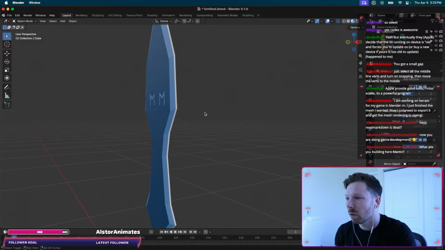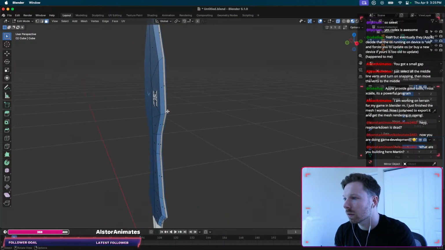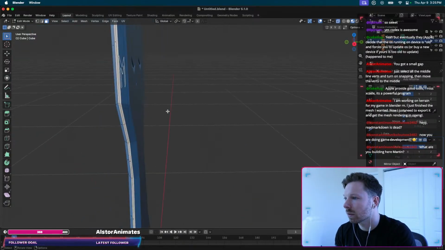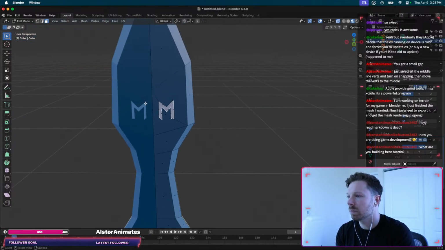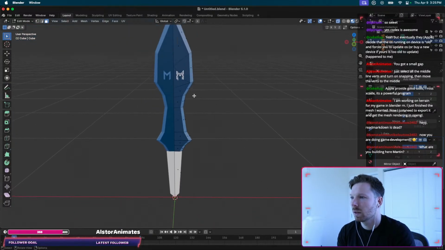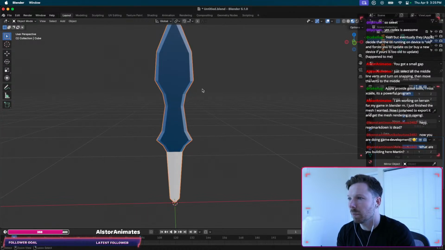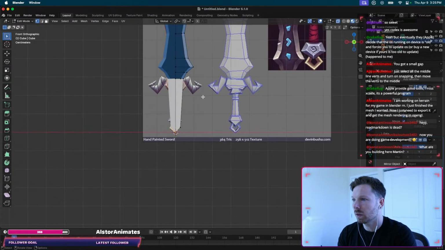Interesting. What is this middle part? There's faces there. I didn't even realize. Okay, anyway, we can return, undo the M. There we go. And down here we can go back to front view, see our